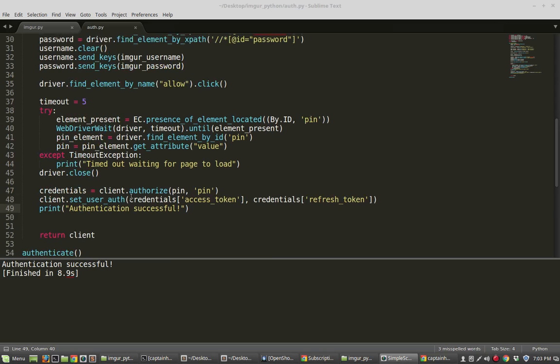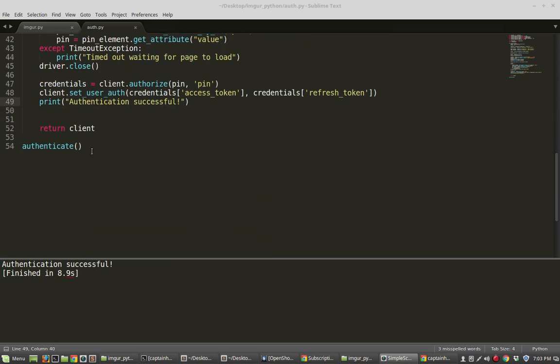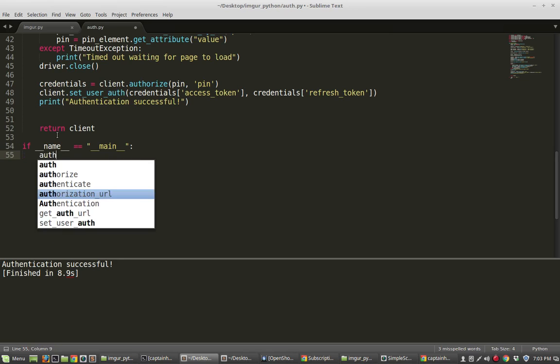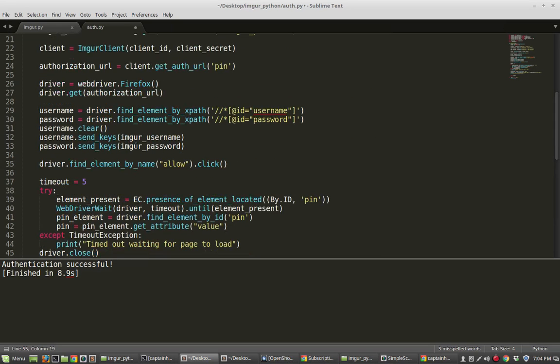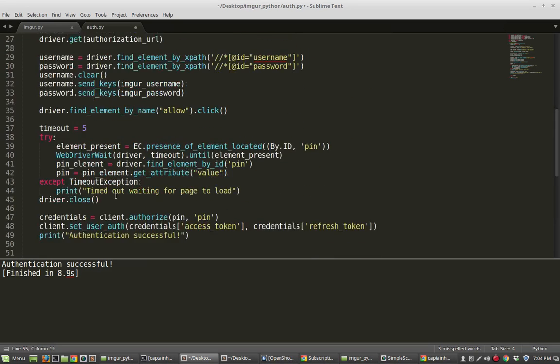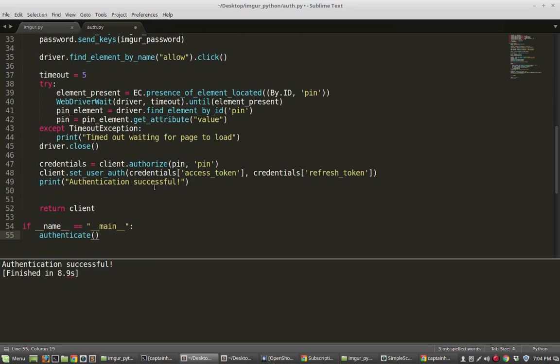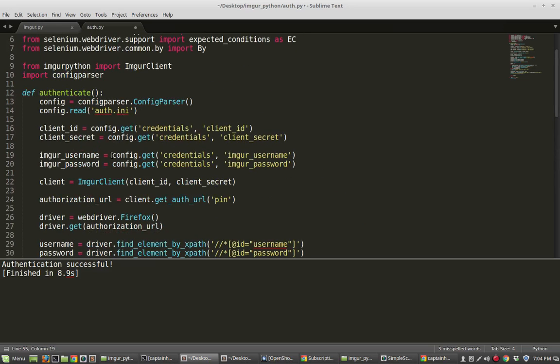So one final thing that I want to do in this authentication script is remove this function call and just put in an if __name__ is equal to "__main__". Then we can run this function. Otherwise, we won't run anything. So this basically just means that if we want, we can run this as a standalone function if we just want to open this up and run it. Otherwise, we can call this function as a subroutine, and that is indeed what we will do in our upload